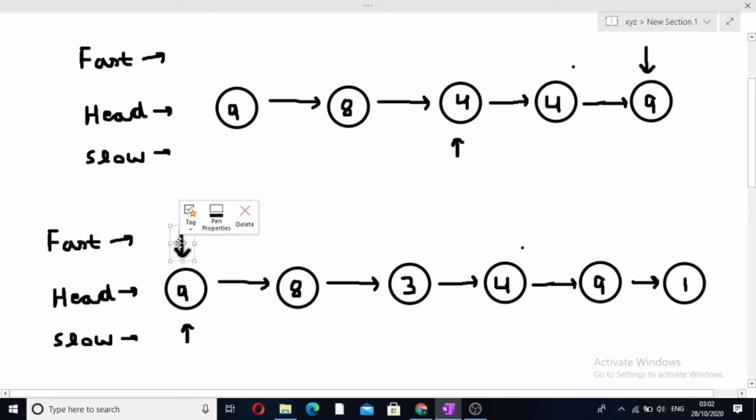On the first iteration our fast node will move by two nodes and the slow pointer will move by one node. At another iteration our fast node will move by two nodes and the slow node by one node. Again our fast node will move by two nodes and our slow node by one node.